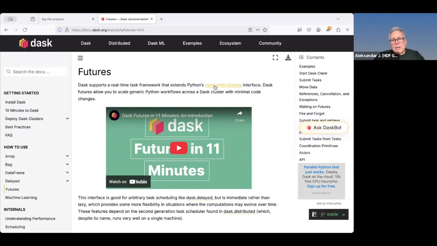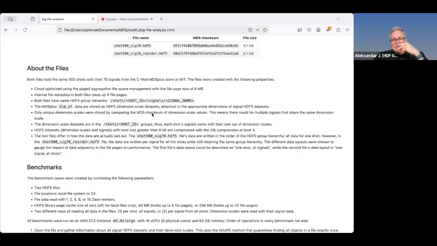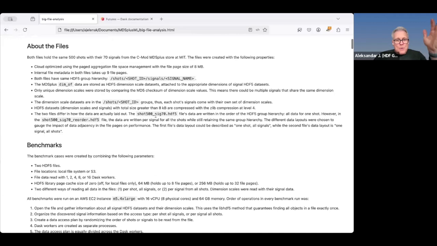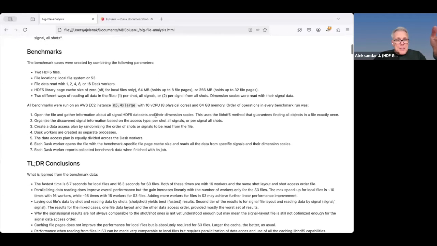Whereas if I used concurrent futures in my benchmark code, then I would have to make more changes, because concurrent futures cannot work with a Dask cluster or any other kind of computing cluster. And that was the only reason. But other than that, as it was used now, the Dask futures are very similar to Python's concurrent futures. So I'm not going to go through all these things. We have limited time, but